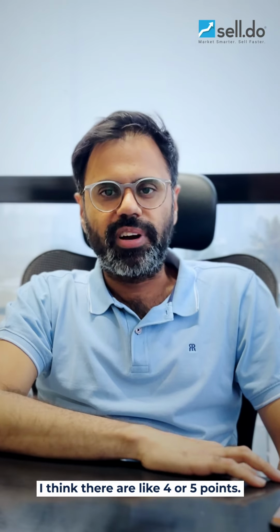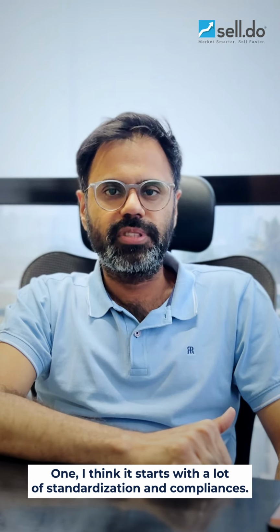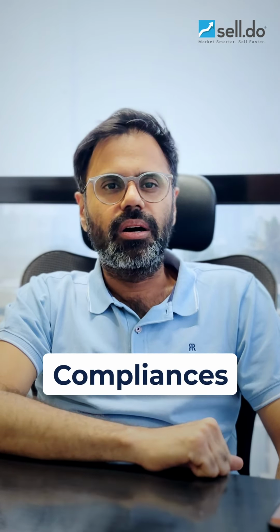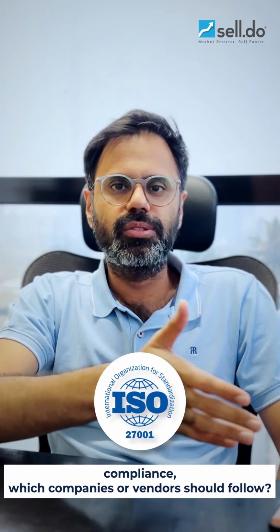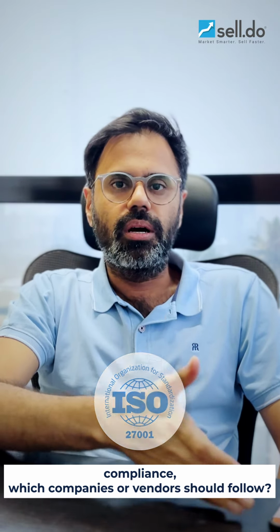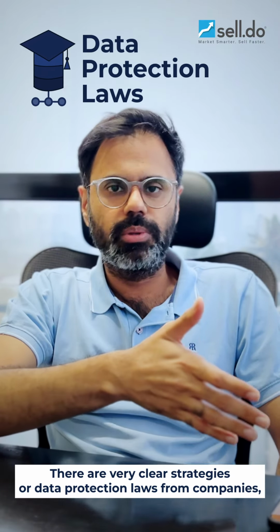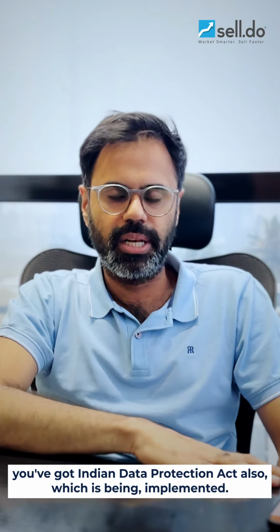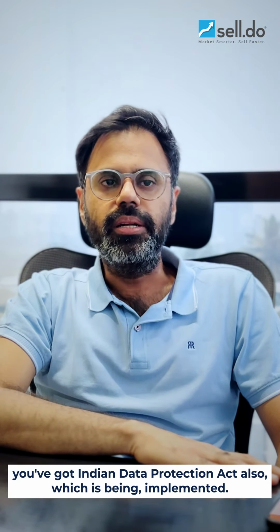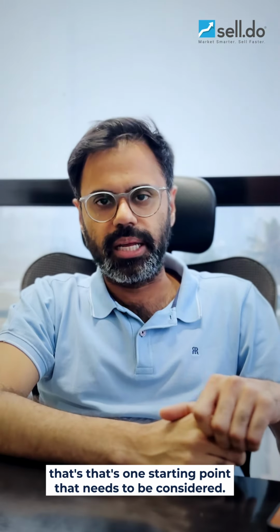I think there are like 4 or 5 points, and it's a very methodical approach in which software companies approach this. One, I think it starts with a lot of standardizations and compliances. Software has an ISO 27001 compliance which companies or vendors should follow. There are very clear strategies or data protection laws from governments. So you have got GDPR, you've got the India Data Protection Act also, which is being implemented. So as long as vendors can stick to these or implement these,